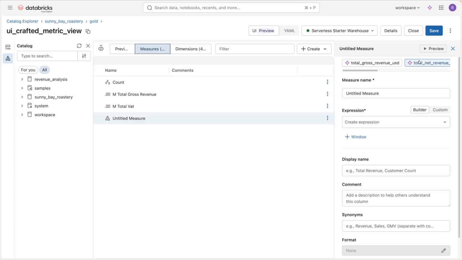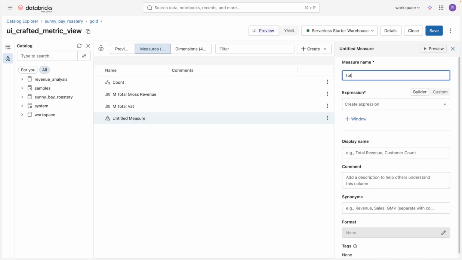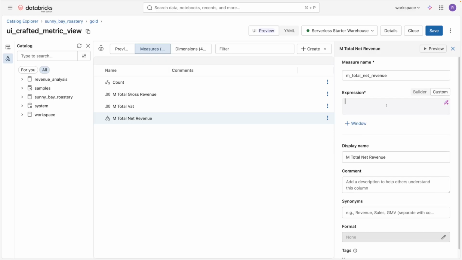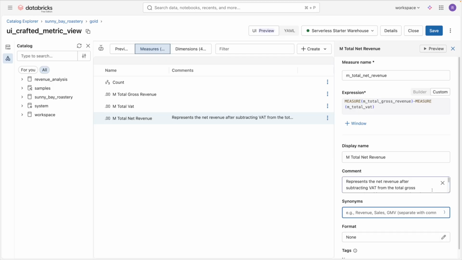Now we want to create a measure which consists of two other measures, and therefore we can first enter the name, which is total net revenue, and now we can add the expression. And instead of the builder, we can also manually enter the expression, and here we have a quite cool autocomplete. So we subtract the total VAT from the total gross revenue, and we again use the AI tools for adding